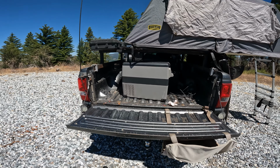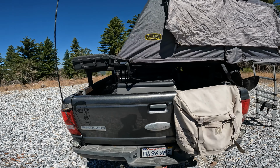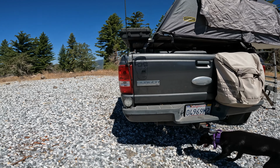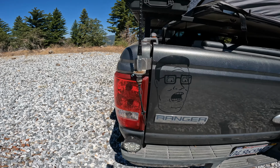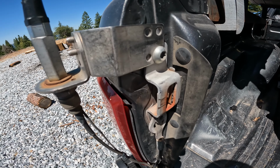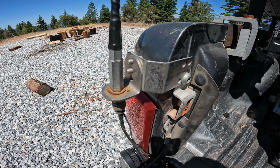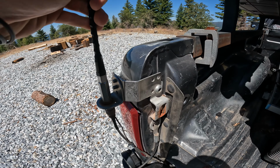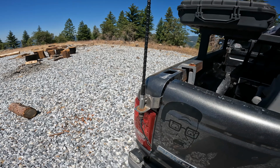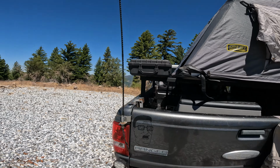So other than that, just basic stuff gets thrown back there, camping gear, and should keep going on the back, huh? Tow hitch, nothing special there. CB antenna mounted, the generic Amazon tailgate mount that I just drilled out to get just the latch bolt mounted in there. Doesn't move. It's been here for, I don't even know, almost 5+ years. The antenna just whacks around everything when I go through parking garages. It's kind of fun, but